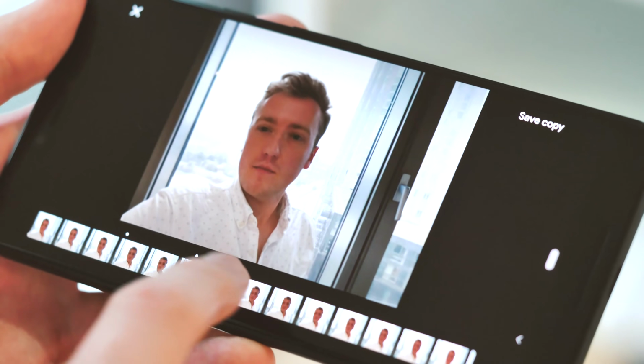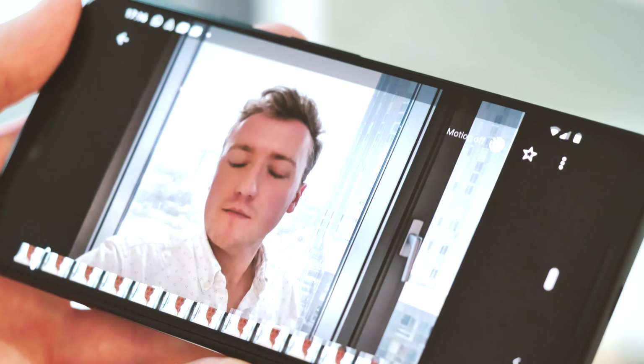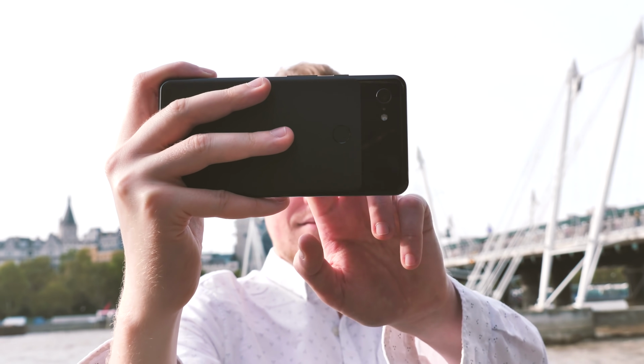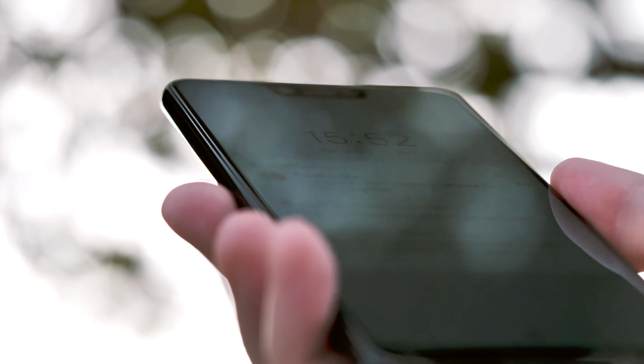Once again, using Google's machine learning, if the Pixel camera identifies a better looking frame either side of when you actually press the shutter, it'll tell you and then let you process the better looking frame in all its HDR+ glory. I didn't actually run across Top Shot all that often, but it's one of those features you'll definitely appreciate when it crops up. So there might be only one camera around the back, but in fact both Pixel 3